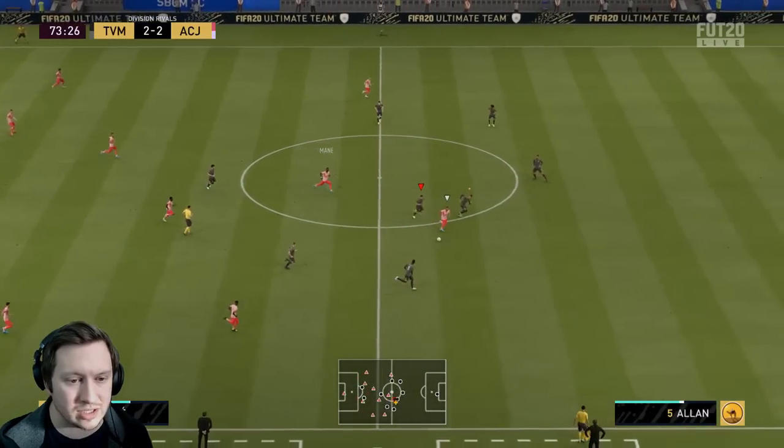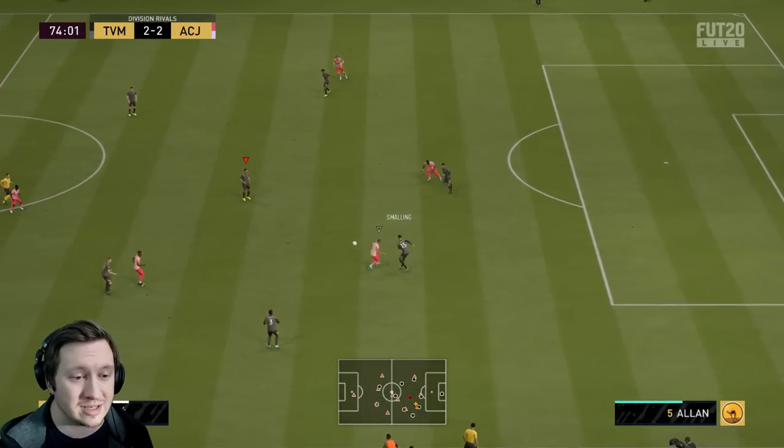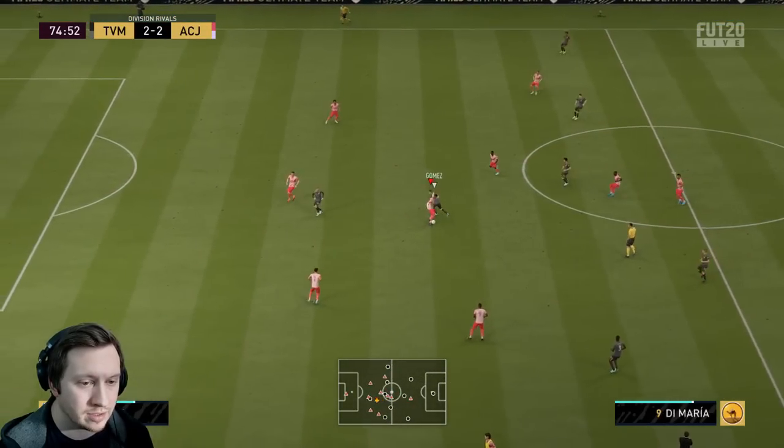We are holding our own against a guy with at least 2 Team of the Years. He's made a couple of subs since. Smalling in there with pace, and he does deal with Mbappe. There we go. I mean, he lunged at nothing. It could arguably have been a foul, but either way, he's come away with it. And now all of a sudden,